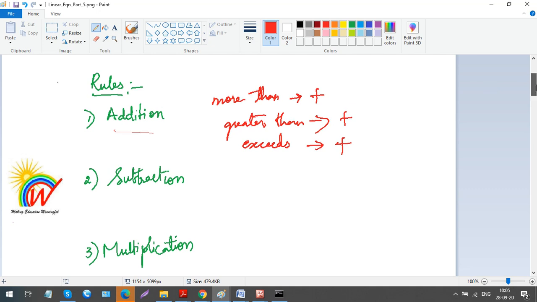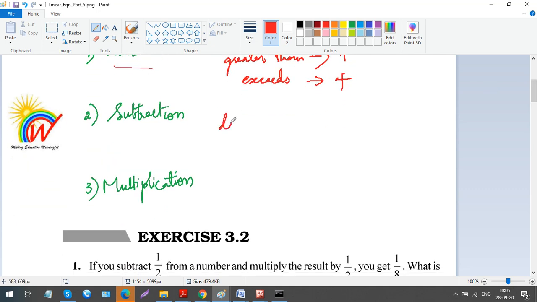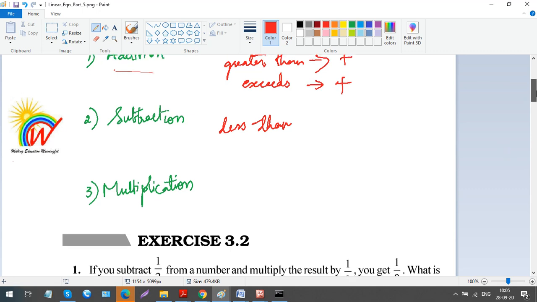All right, now for subtraction, again it's going to be read as less than. When you say subtraction, you have to be careful, because addition is simply you just add two numbers, right? You write 5 plus 4 or 4 plus 5, it doesn't actually matter. But in subtraction, it does matter. If you write 5 minus 4 or 4 minus 5, it's going to give you a completely different answer, right? The sign changes, isn't it? So that's why you should be careful with the subtraction. Anyways, as we do problems, I'll explain how to frame the equation.